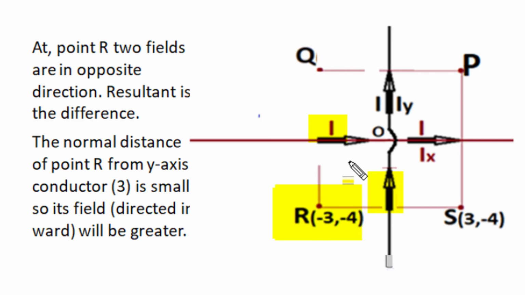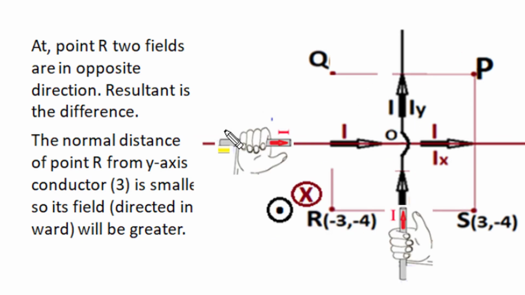So the magnetic contributions of these two currents are in opposite directions at this point, and the resultant magnetic field will be the difference of the two magnetic fields contributed by the x directed I current shown by the brown line and the y directed current of the black line at this position. As per Maxwell's right hand thumb rule, when the x directed current is gripped in the right hand with the thumb pointing in the direction of plus x current, the curl of the fingers with the tip at this observation position denotes this brown cross as